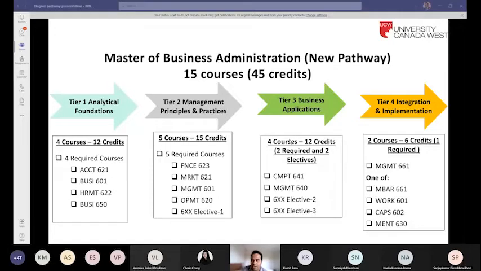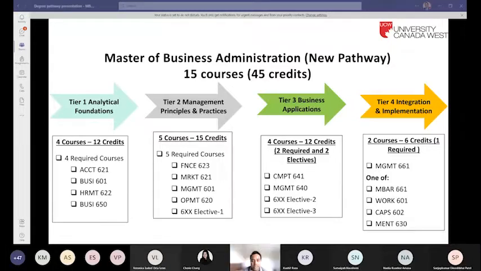I'm not sure how and why it's happening, but if that happens again, please feel free to prompt again. So for the four tiers that are here right now, tier one, two, three, and four, under tier one, if some of you are currently registered or enrolled in three courses, which are required courses, that would be Accounting 621, Business 601, HRMT 622, and Business 650.